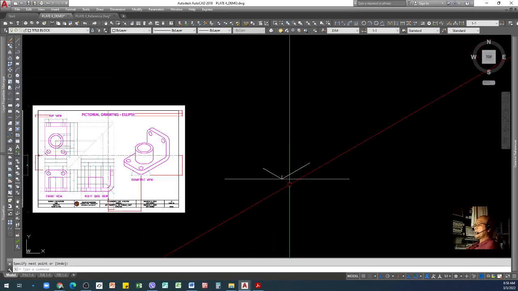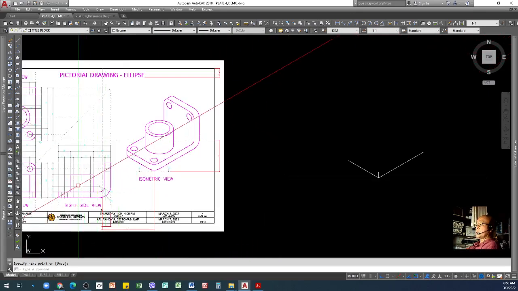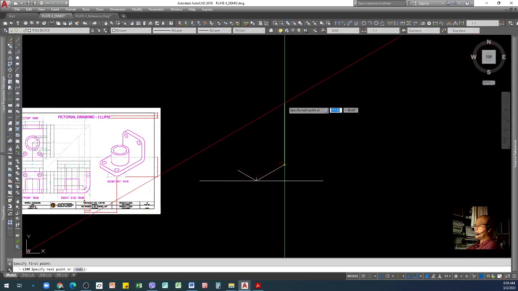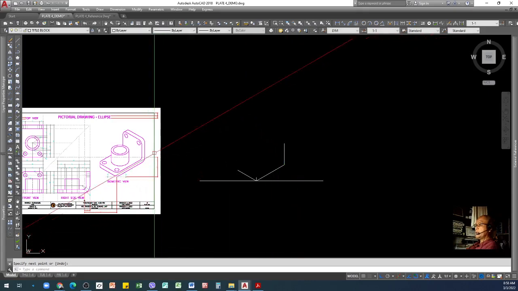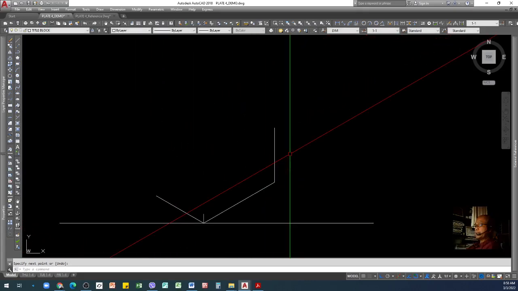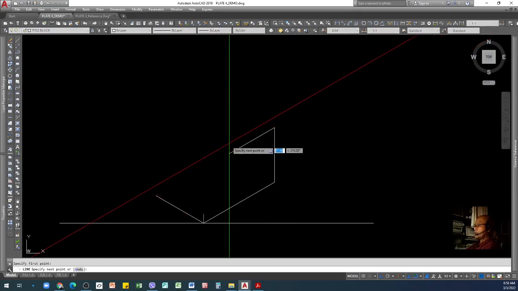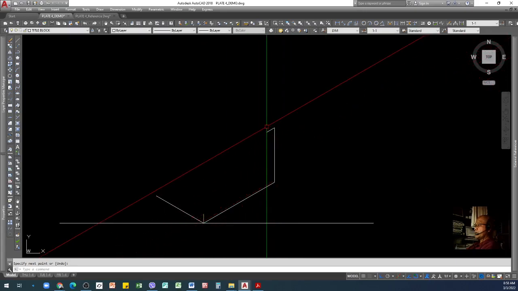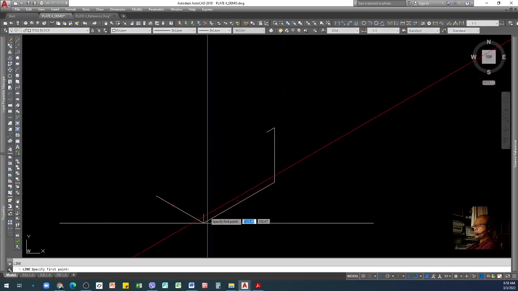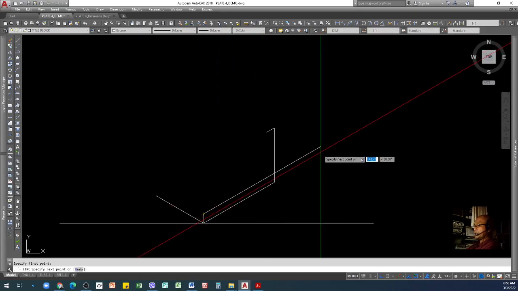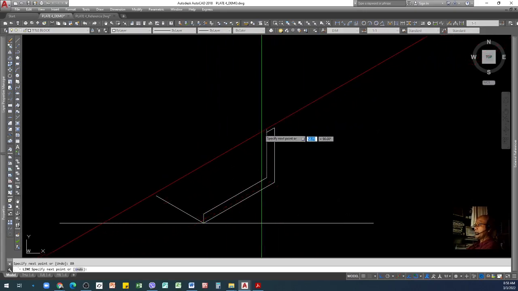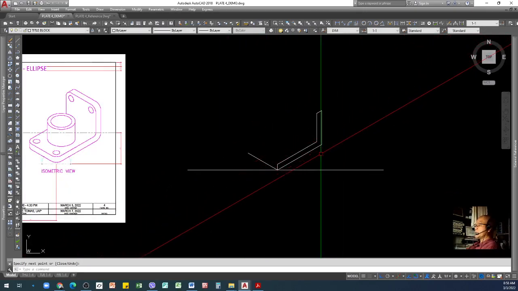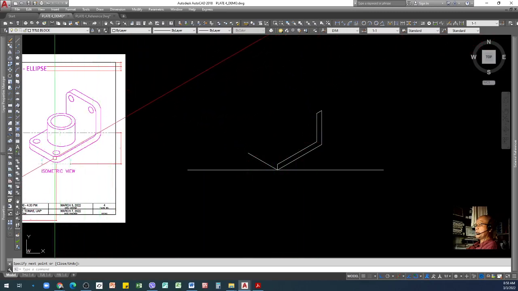So that's the height, and then for the side here, our total height is 60. Again, I can type line and then 60, and thickness of this one here is 10. I can still follow the mouse cursor direction, 10, enter. And then this one will go there, this one will go here. Since we have a total of 90, we need only 80, enter. And then since this one will go up like that, we have completed one side of our isometric.